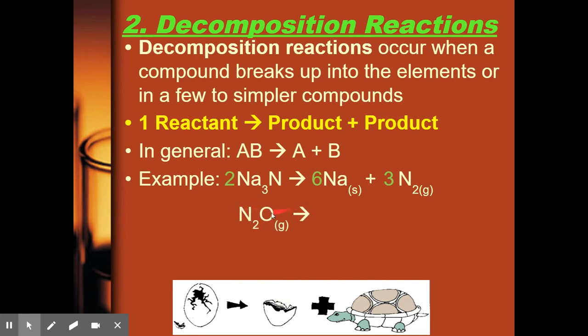N2O decomposing. What's N2O going to decompose into? So this one you should be able to get at this point in time. It's going to decompose into nitrogen and oxygen. So it's going to be N2 plus O2. They are both diatomics. All right, is it balanced? No, it's not. So we need a 2 here, and then we need a 2 here as well to balance